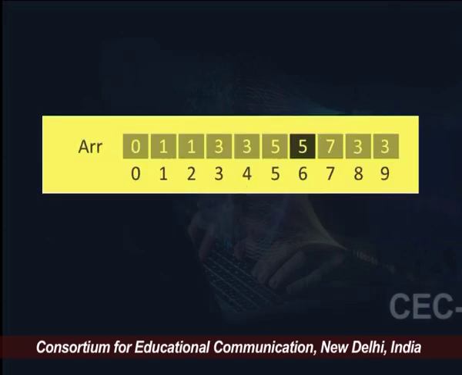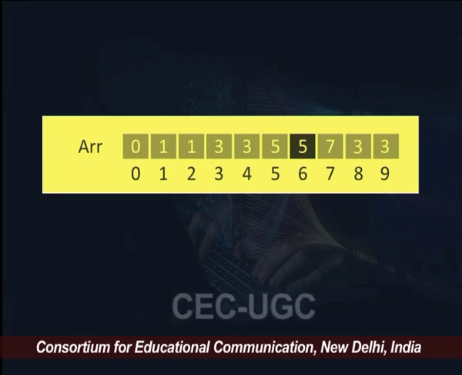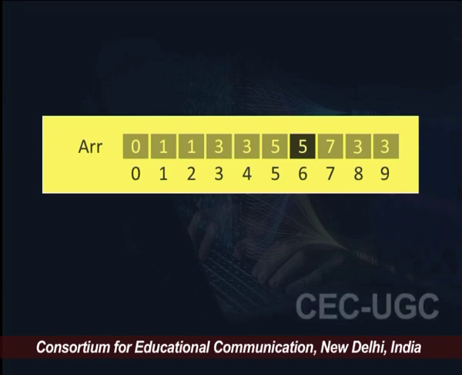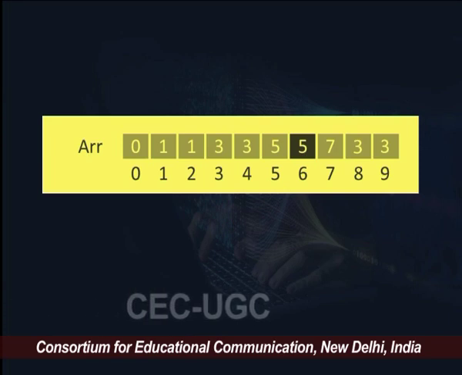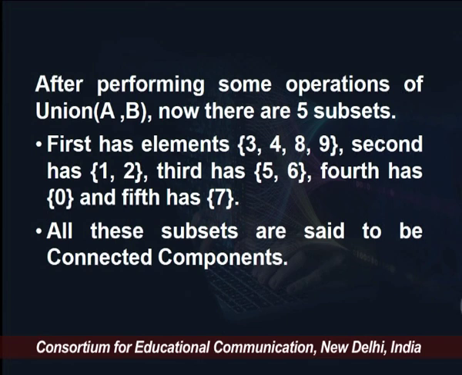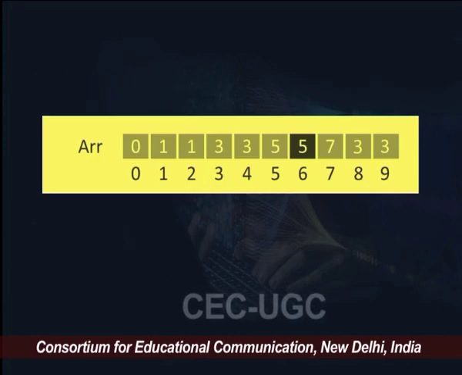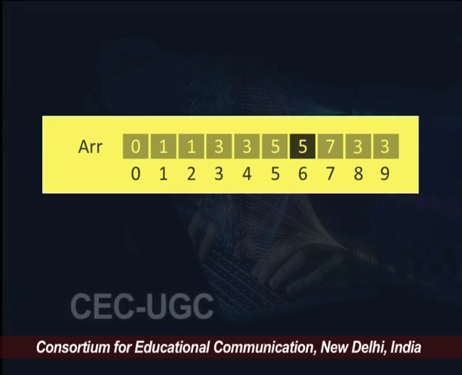So, with all the changes which have taken place already, here is a new change: the representative element of 6 is now 5. So 6 has been merged in a new set, and the representative element of that set is 5. Moving forward, we have performed some operations of union A comma B, and now if you notice, within this we have 5 subsets. One is the subset which is a singleton set 0,